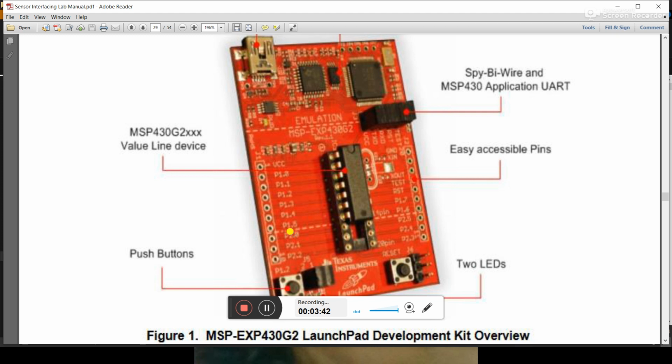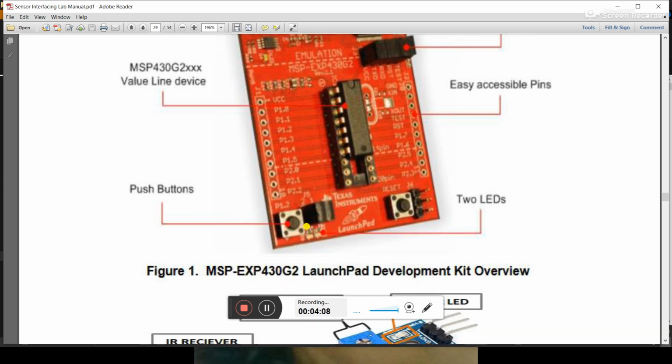Now next, port 2. Port 2 has 3 pins over there and 3 pins over there. So 6 pins for port 2, and this is used for interfacing purposes, pulse width modulation, analog communication and digital communication. Sometimes it is also used for analog input and digital input. Okay.